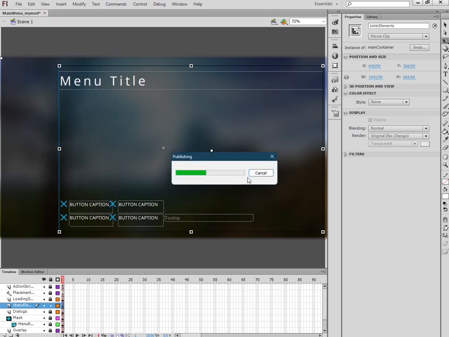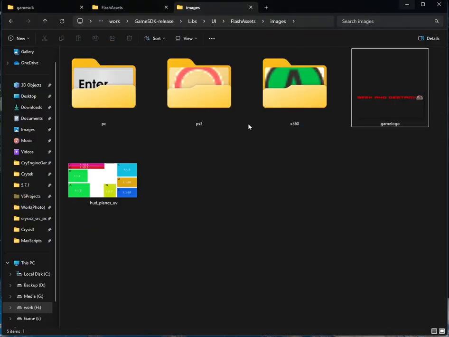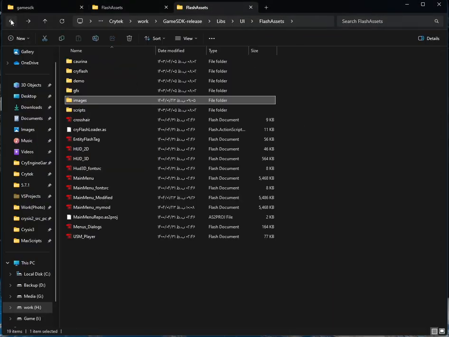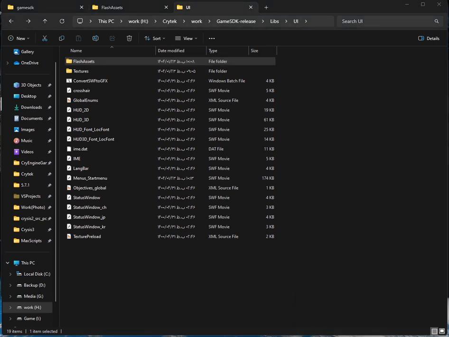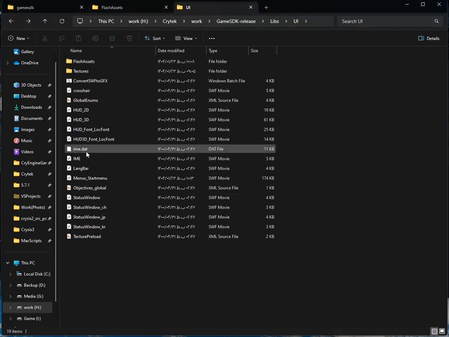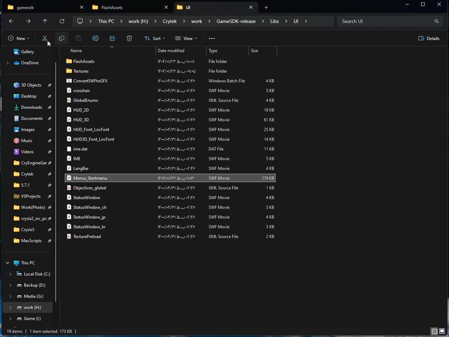This will create a Flash file inside your Libs UI folder. This folder is the UI project which I sent you. You can see menu, start menu. This is our published Flash file. Just click and move it into your